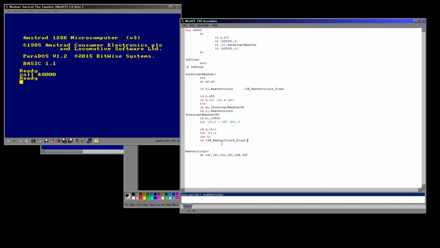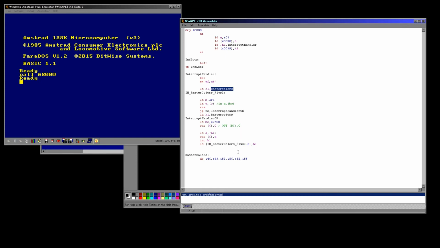So if we just do LD and then -2 here, and then HL. As I said before, if you were compiling this on a different assembler, you would need to represent this like this, because the way I'm representing them here, I find it a lot clearer, but I know a lot of other assemblers don't like it. But anyway, it's all the same. So we've now stored the new value of HL in this here, ready for the next call. And interrupt handlers, things that you're going to have to run very frequently, very fast, are the ideal time you really want to start hitting out the self-modifying and really tweaking your code until you can make it as efficient as